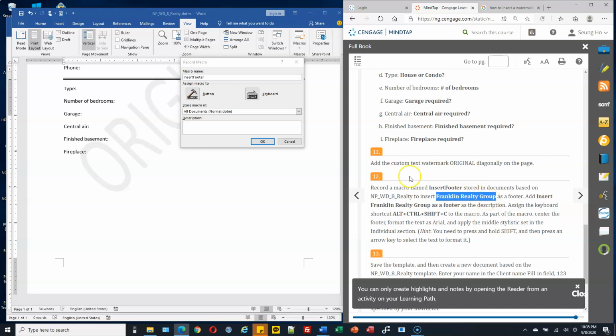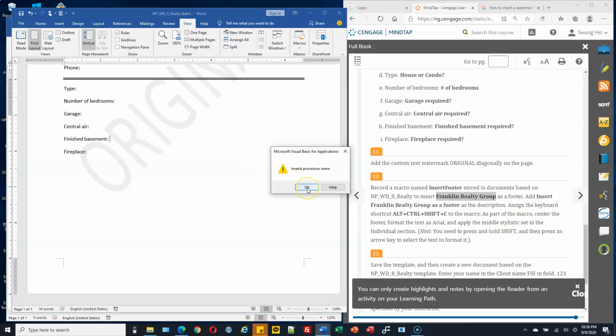So we're going to insert this one in the footer, and the description is insert Franklin Realty Group as a footer, and then the keyboard is